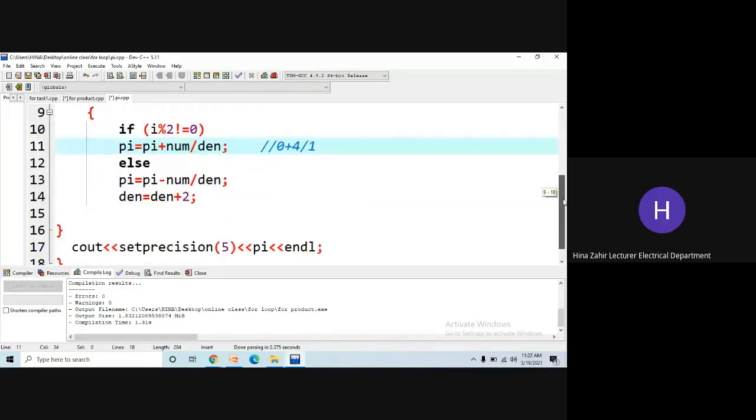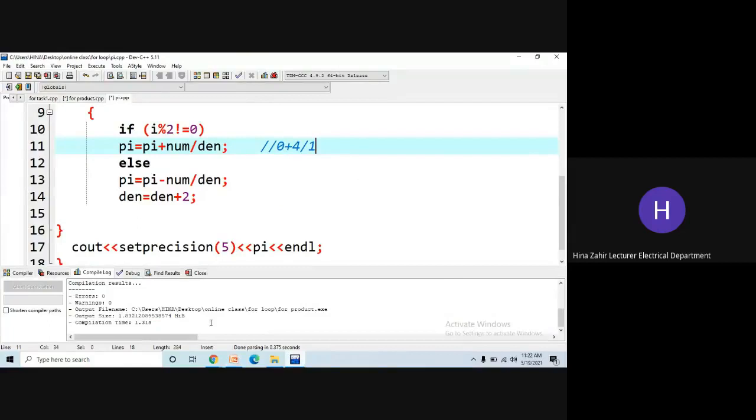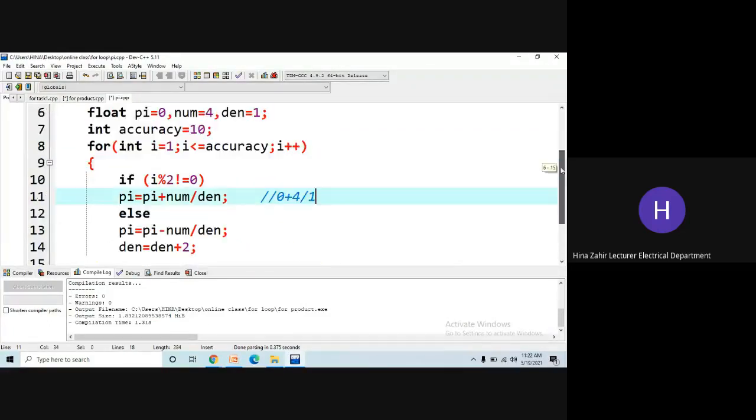So then the program will come here. Denominator is equal to denominator plus 2. Why? Because you see the denominator is increasing from 1 to 3, then 5, and so on with a hop of 2. So now the denominator will be 3, and the loop will again start. Now I is going to be 2. The loop variable increments to 2, and 2 is an even number. So when 2 is an even number, this is false. Modulus 2 is equal to 0, so else will be executed for even.